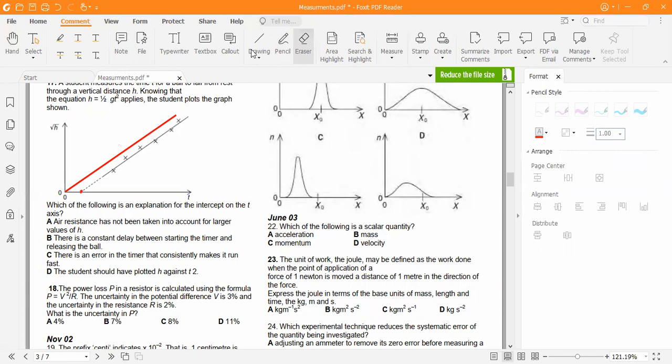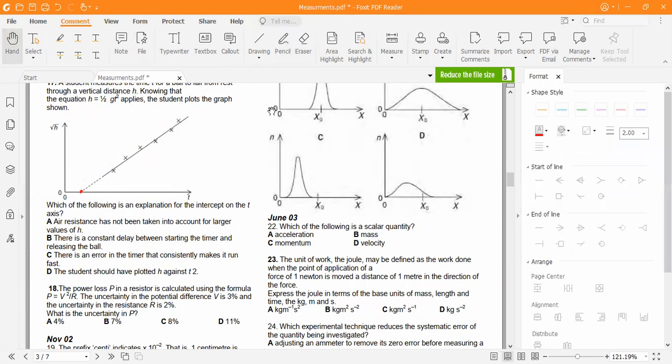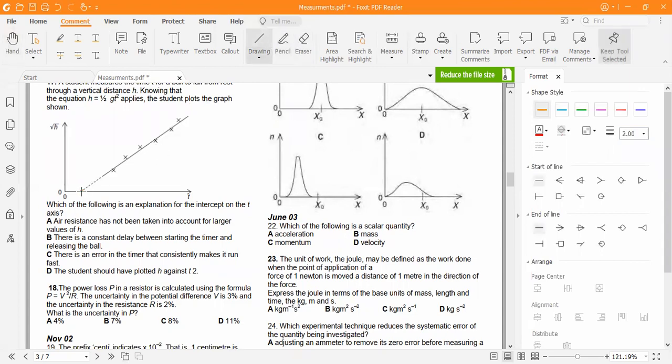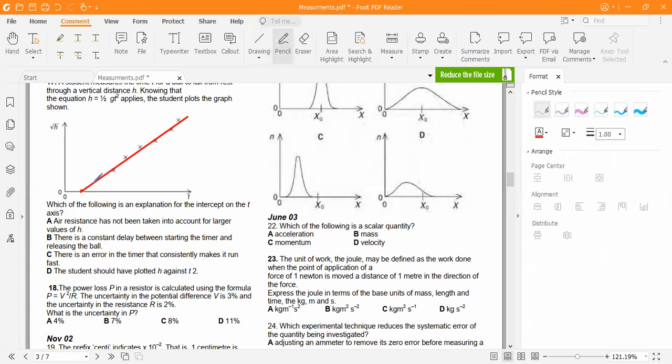The points will not be uneven like in random. Let me just remove this. So if it was only systematic error, then in that case we will get this line, but all the points would be on the line. So all the points will be like this on the line perfectly. In this case, there would be no random error, only systematic error.